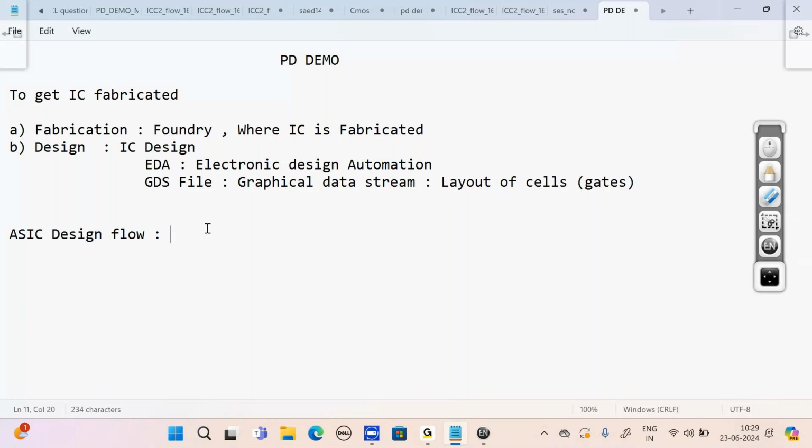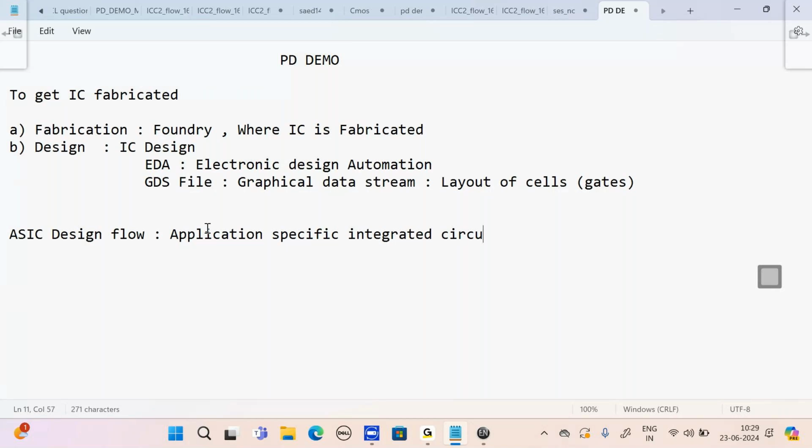ASIC stands for application specific integrated circuit. The ICs are fabricated or designed for a specific application, and that is called ASIC design. So in this ASIC design flow,